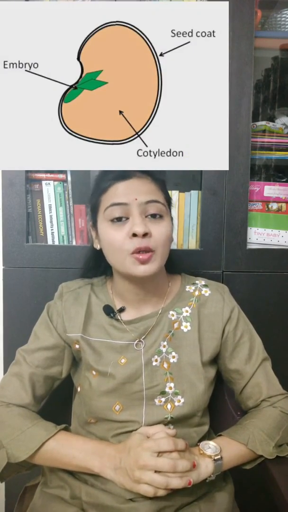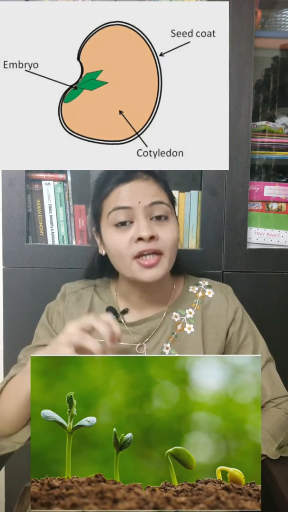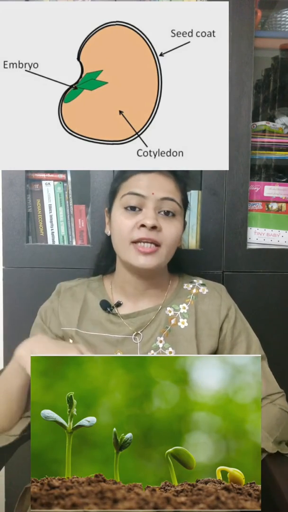As I always say, our Mother Earth is full of magic. It's incredible, selfless and compassionate. If we sow one seed, it gives us 100 in return. Isn't it amazing? Let's come to the scientific part of it. The seeds contain cotyledons and embryos inside them. It absorbs water and nutrients from the ground and it grows into a big plant. So this is what the seed contains and how it grows.